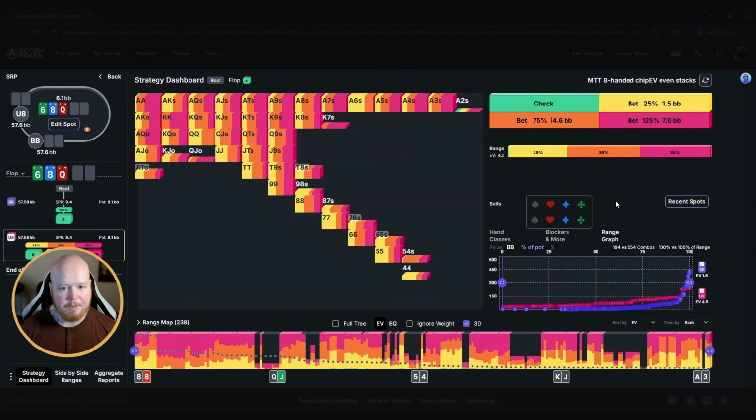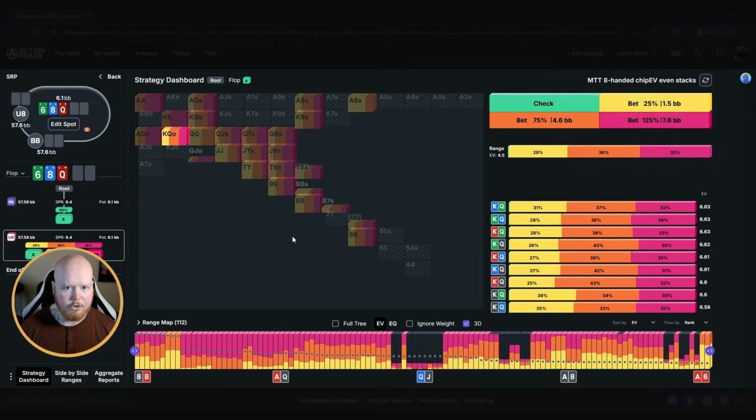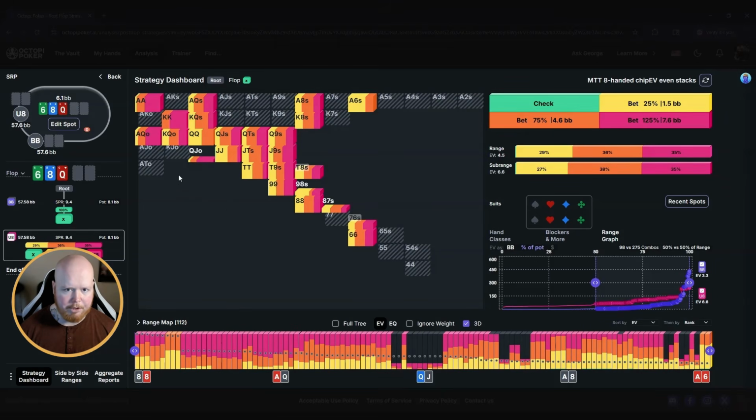Now, the final aspect of the range graph that's important to understand here is to remember that we can drag our bars here and focus on different portions of the range. If we want to focus on just the top portions of both players' ranges, we can drag one side to maybe the halfway point here, and you can see we're now visualizing the top half of the in-position player's range in terms of